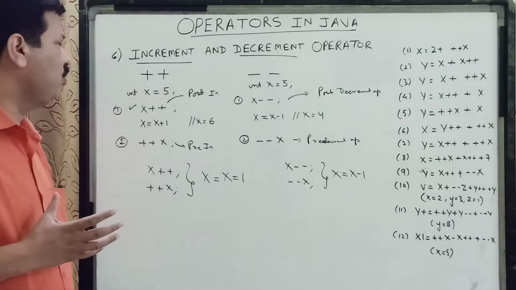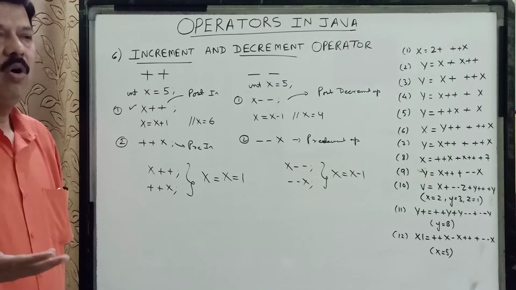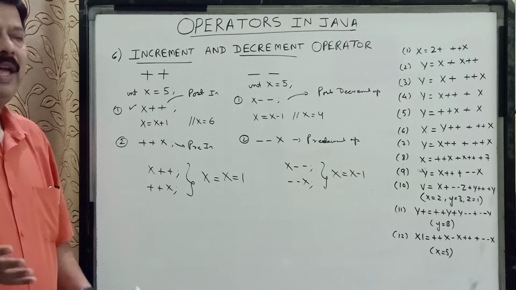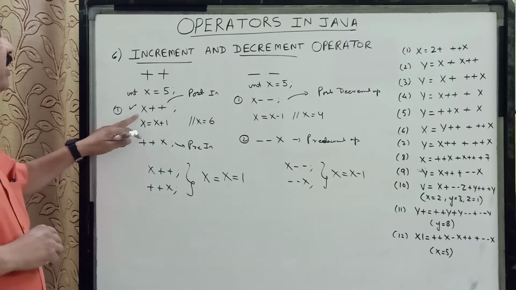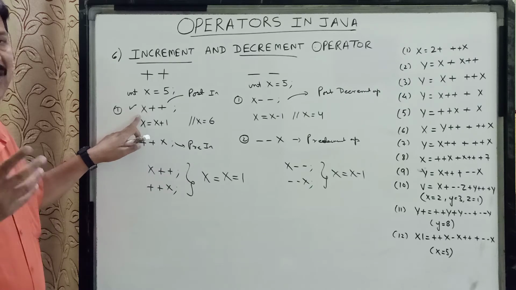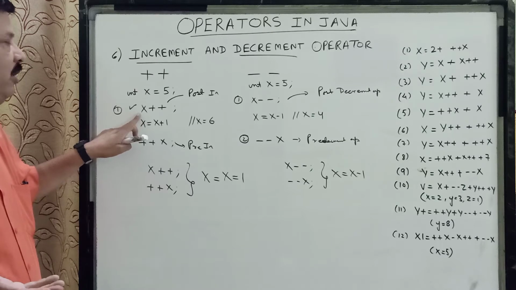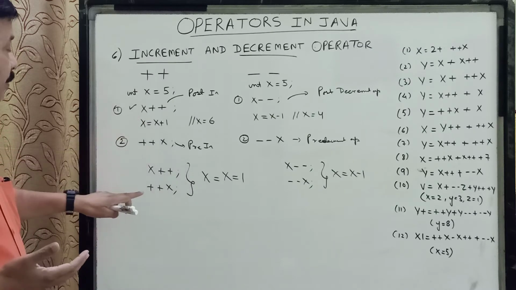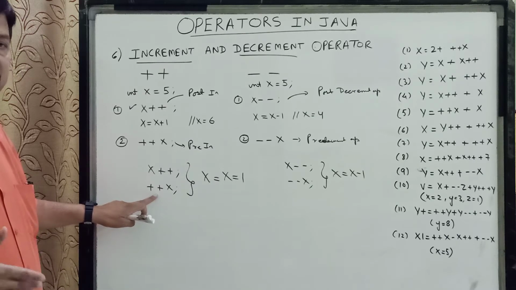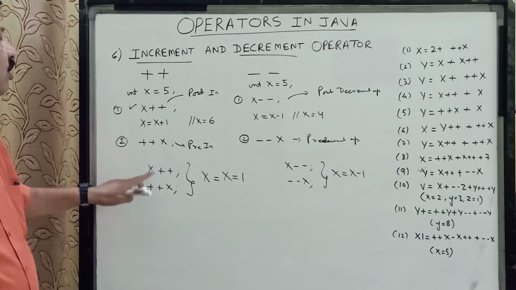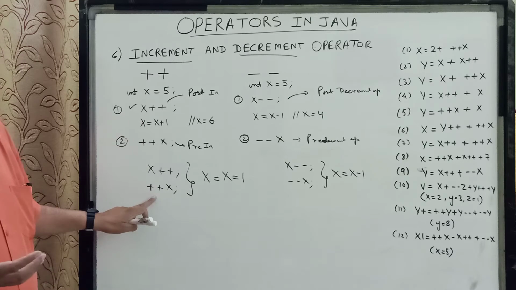Now children, when we are using this increment or decrement operator with a print statement or with an expression, then they behave separately. The post increment uses the concept of use and change. So it first uses its original value and then after that it changes the value. And the pre-increment or pre-decrement first changes the value and then uses the value. So the post is using the concept of use and change, and the pre is using the concept of change and use.